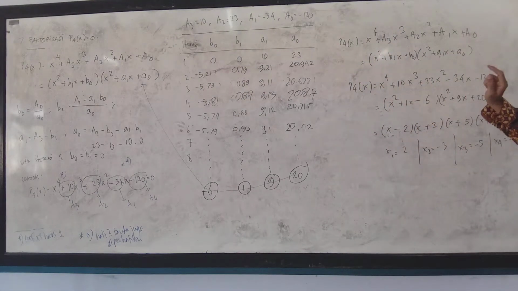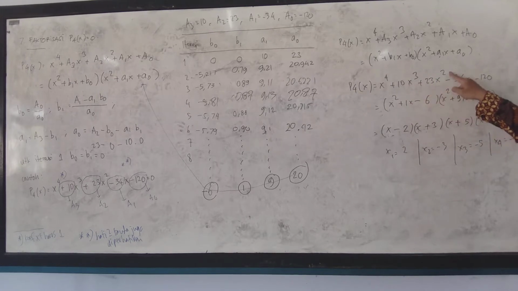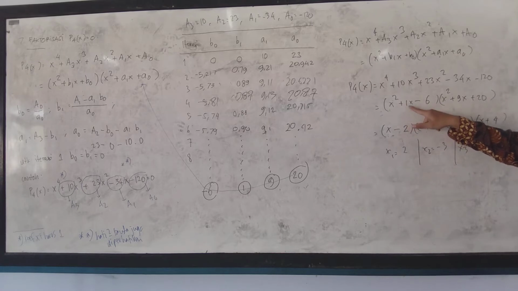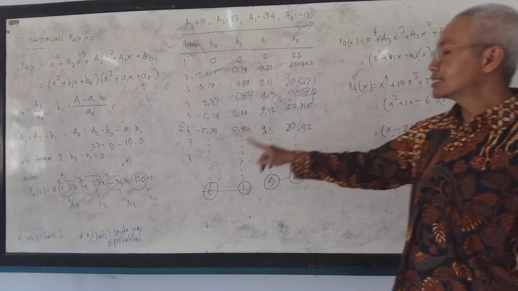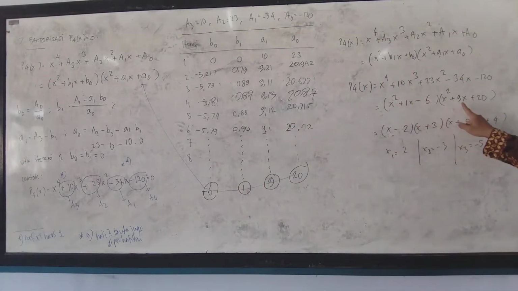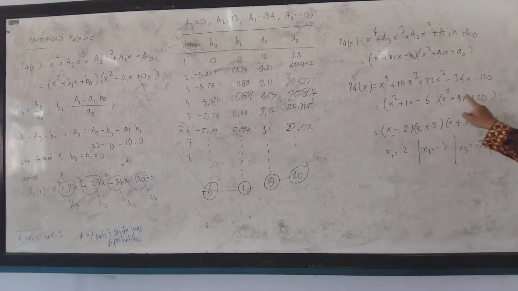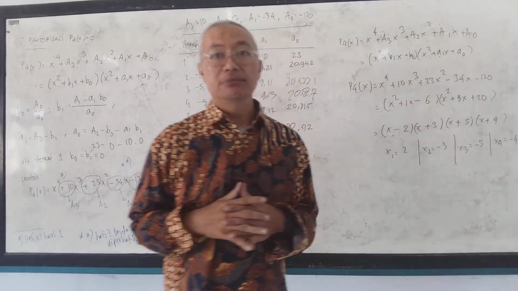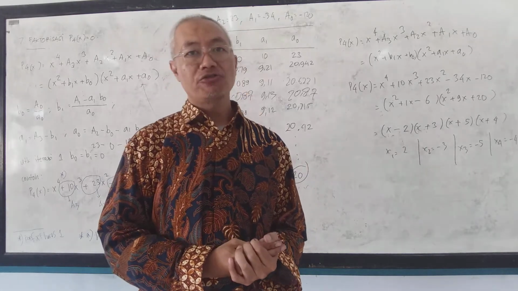We know that x power 4 plus 10x power 3 plus 23x squared minus 34x minus 120 can be factorized into x squared plus 1x. So 1x comes from b1, and then minus 6. Minus 6 is b0, and then x squared plus 9x, it comes from a1, plus 20. 20 comes from a0. From each of them, you can factorize by using manual factorization, or you can even use the ABC formula for solving the square